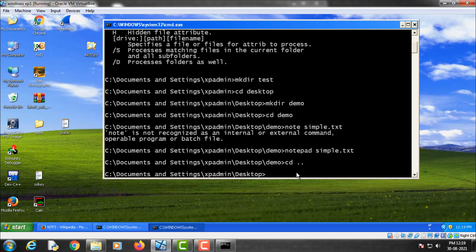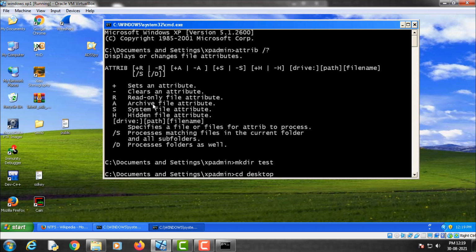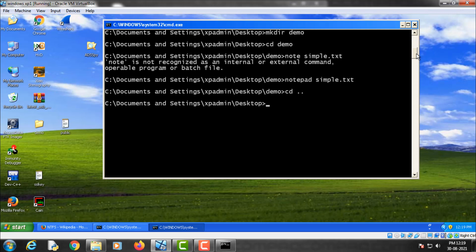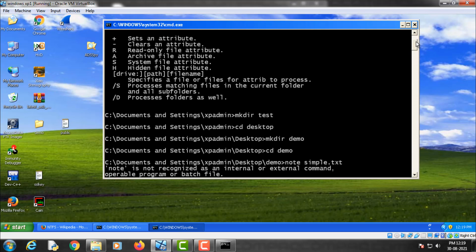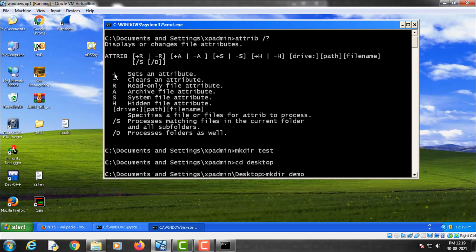Now we can hide this demo folder by using the attrib command. So we are gonna use this h parameter, hidden file attribute, and this s, system file attribute, to hide this folder. So we will type attrib, and as you can see, the plus parameter sets an attribute and minus clears an attribute.